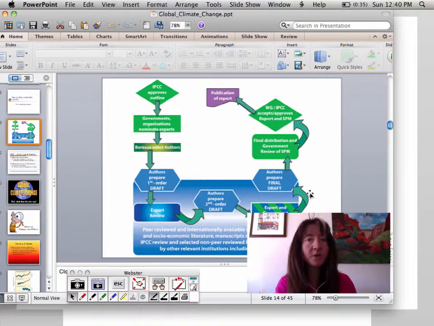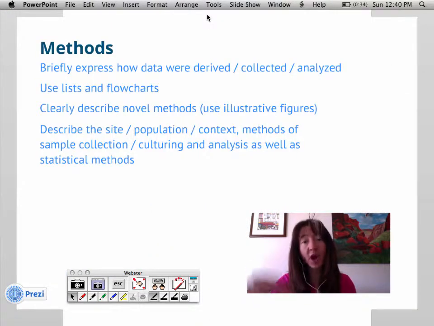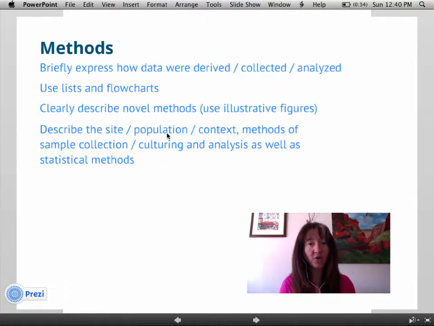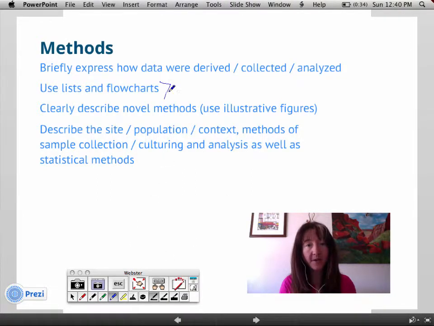Well, this could be used by all of you as well, or at least some of you, because you could describe the process that you went through to collect your data. Maybe you could show in a flowchart how you wrote your interview questions, and then you went around town and you were able to ask those questions. What was involved in sort of a visual way? Visual is always better. So in the cases that you can use lists and flowcharts, doing that in a visual way is a really cool thing.